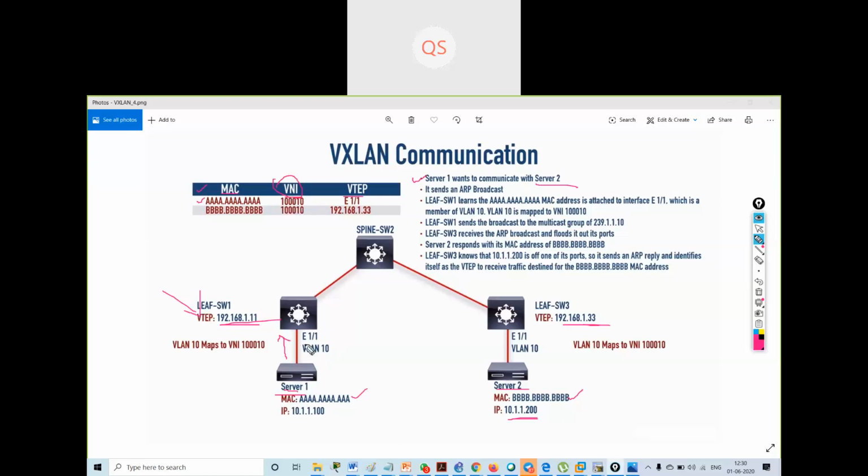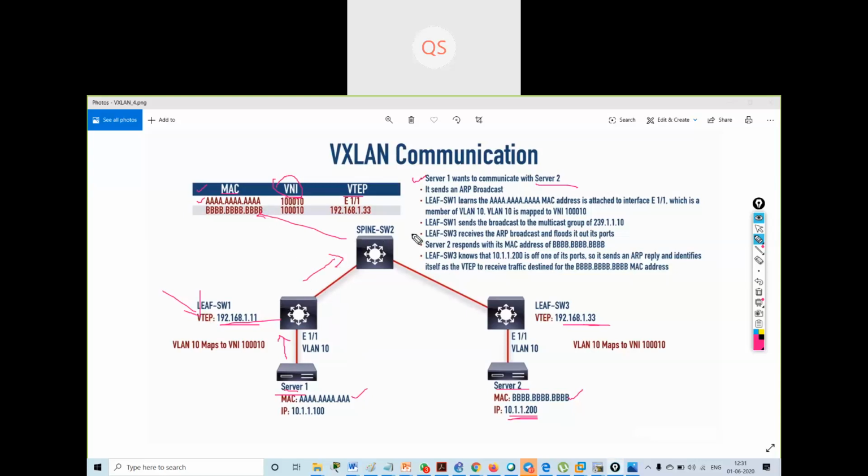It wants to go to 10.1.1.200, but this switch does not have the destination, so it is sending over here.